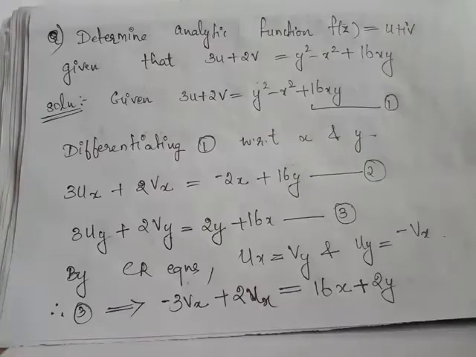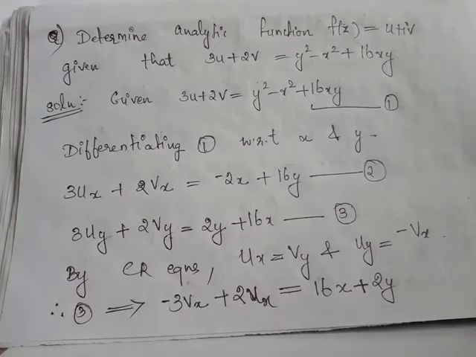So far we had solved problems wherein when we were given either real part u or imaginary part v, we could arrive at the corresponding analytic function depending on the Milne-Thomson method. If we don't have a well-defined expression of u or v, but if we are given the relationship connecting u and v, then also we can find out the corresponding analytic function.